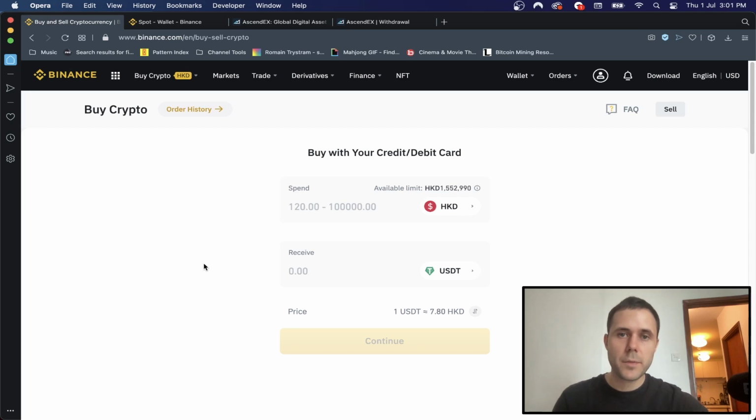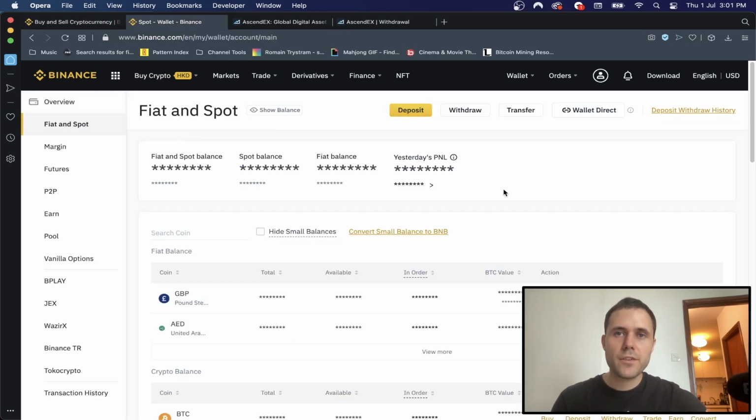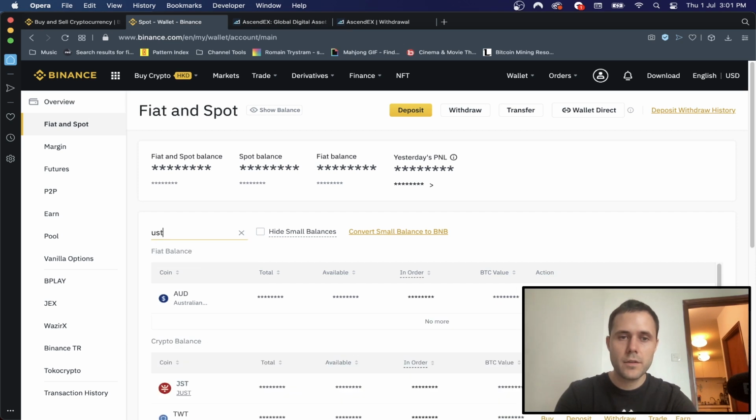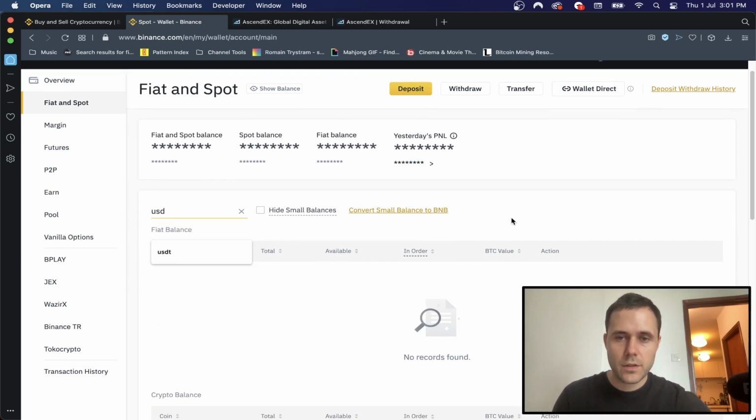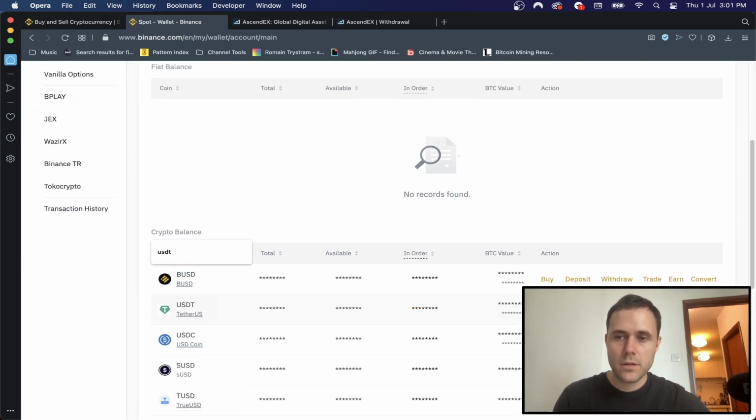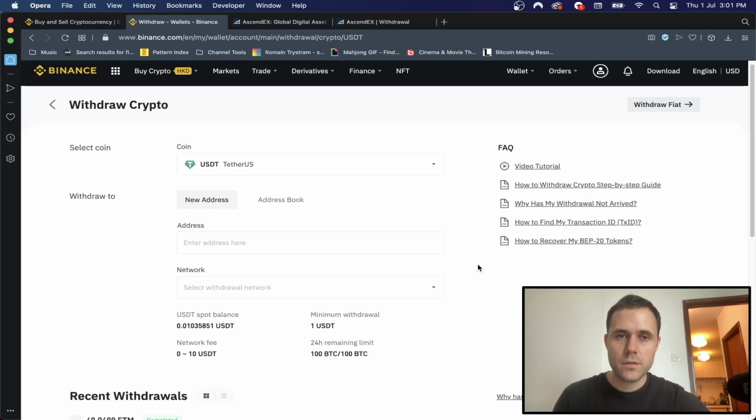Another way to do it is to buy directly with your credit and debit card. So you can put in your amount here and then just follow the process, but there usually is a charge on this, and usually it's a significant charge, a few percent. Once you have got your US dollar Tether, I'm going to explain why it's important to have US dollar Tether. You can go to your spot account, search US dollar Tether, go to withdraw,